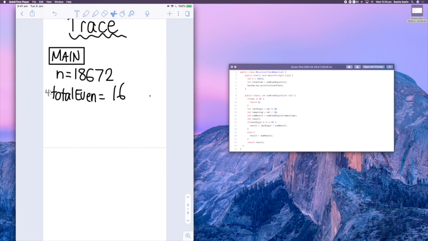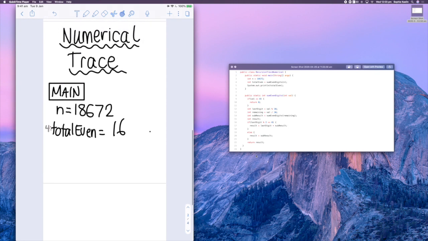And now we can continue on from where we left off in the main method, which was line 4. And the only thing left to do is line 5, which says print out the value of total even, so you should get 16. So that's how you would trace that visually. I'll just jump over to the Eclipse Debugger to show you